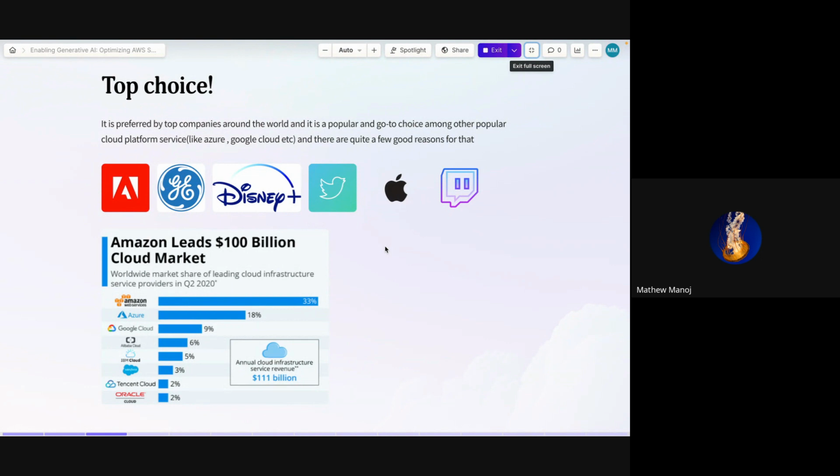There must be a reason why there is a very wide margin between all the other cloud platforming services and Amazon Web Services.